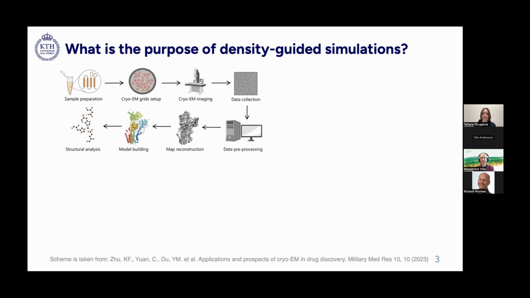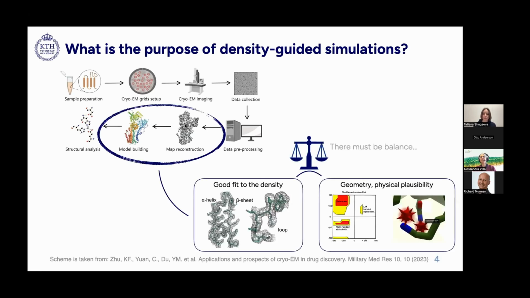In this step, we have the density already of the molecule of interest, but we still need to build an atomistic model that corresponds to this density. When doing so, we need to take two things into consideration. The first is obviously atoms should fit well to the density, but it is also very important not to introduce any implausible geometries, any steric clashes,